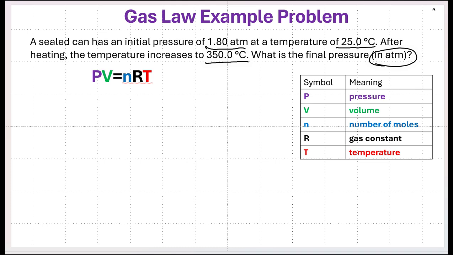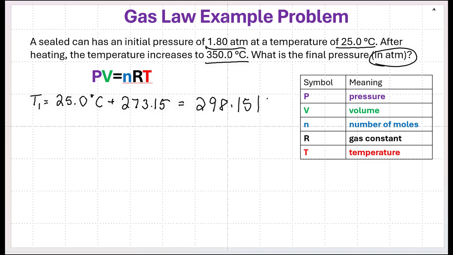So the first step here in ideal gas law problems is always to convert temperatures in the problem to Kelvin, because the Kelvin scale is an absolute scale and the Celsius scale is not. So I'm going to do a baby step before I get going with the rest of the problem. We're given an initial condition, T1 equals 25.0 degrees C, and to get to Kelvin we add on 273.15,